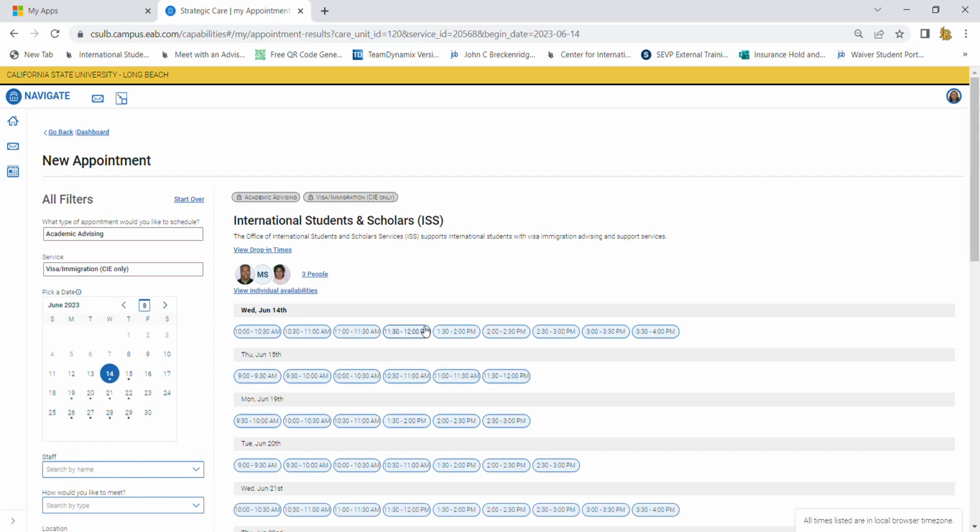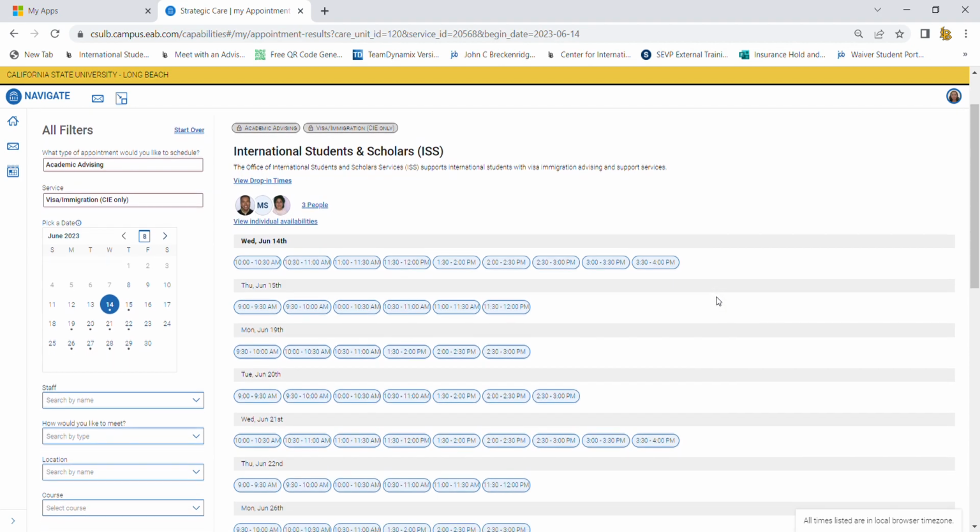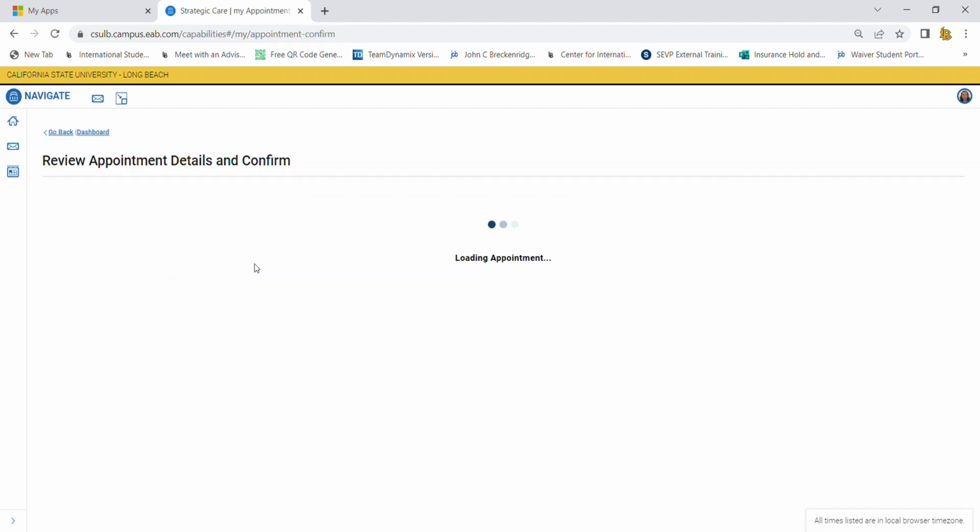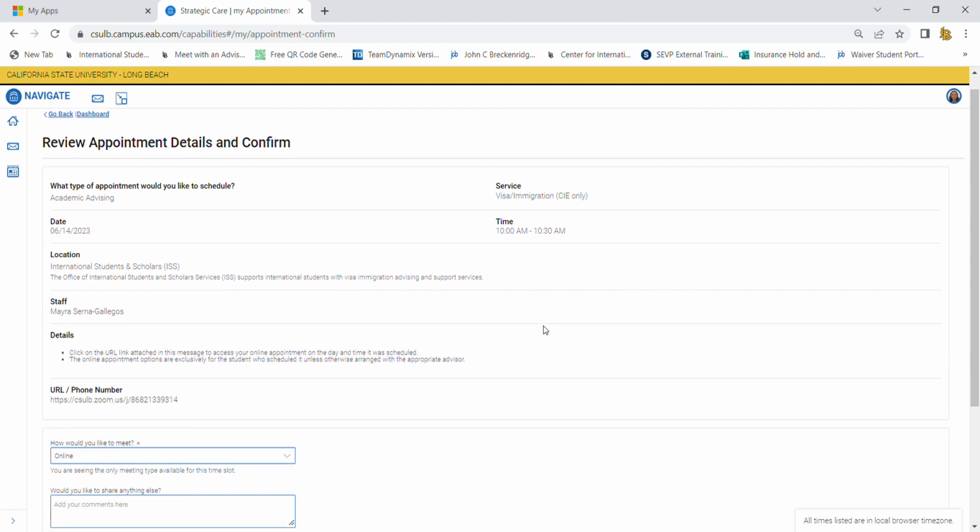This first page that opens is going to show you all the availability that all of our advisors have. So if you're not looking for anyone in specific, you can go ahead and click on the first available time slot. For this specific appointment, we can see it's on June 14th, 10 to 10:30 a.m. with Myra, and it's an online appointment. If that's all okay with you, you can go ahead and take this appointment, but if you're looking for a